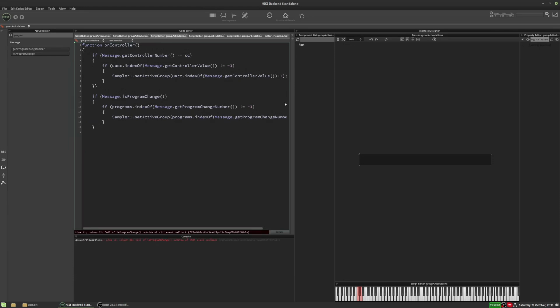Call a program change outside of MIDI event callback. Is program change. Okay, so that is because, right, I've got 2 curly braces here, so it thinks I'm ending the onController function. So that shouldn't be there. That should be there. Okay. There we go. So now it will change the articulation with either a UACC, a key switch, or a program